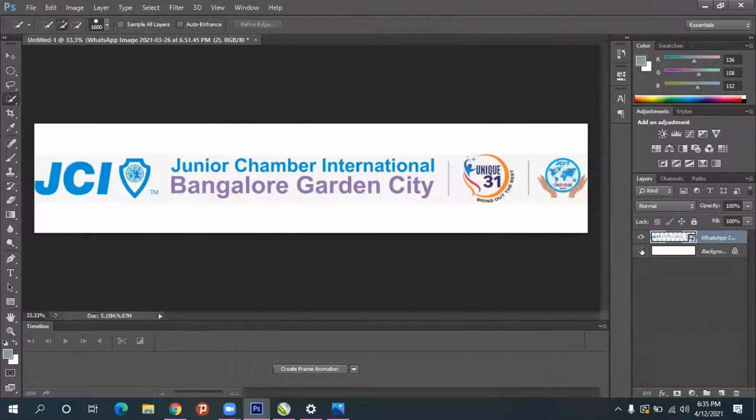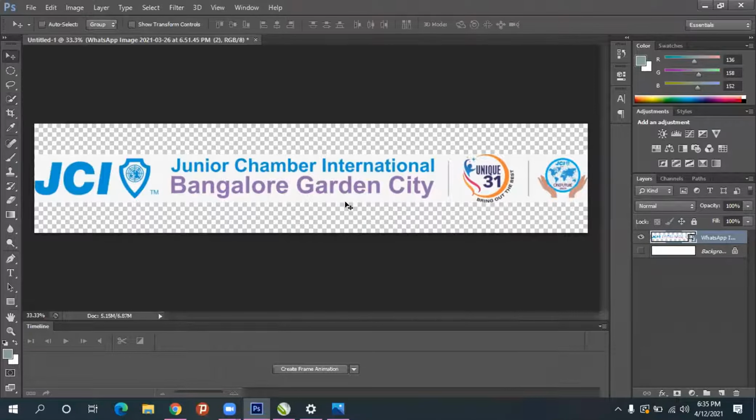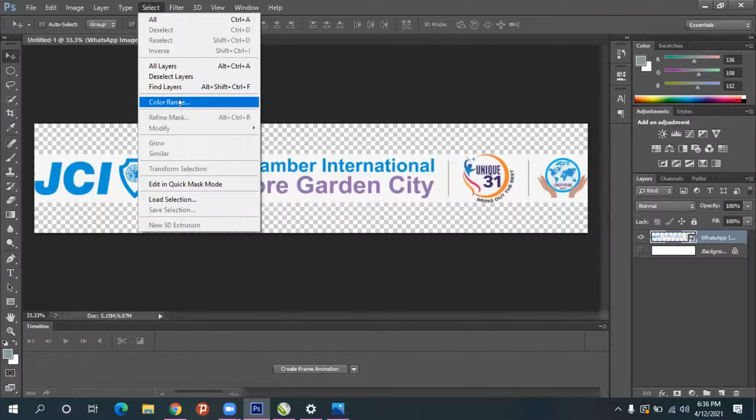Okay, so the original layer I'll hide it, and if you see we have a white background in this, so I don't want the white background. This can be applicable only when we have color to white, otherwise you can't use this concept. So once you imported the image, go to the select menu, we'll be having an option called color range.